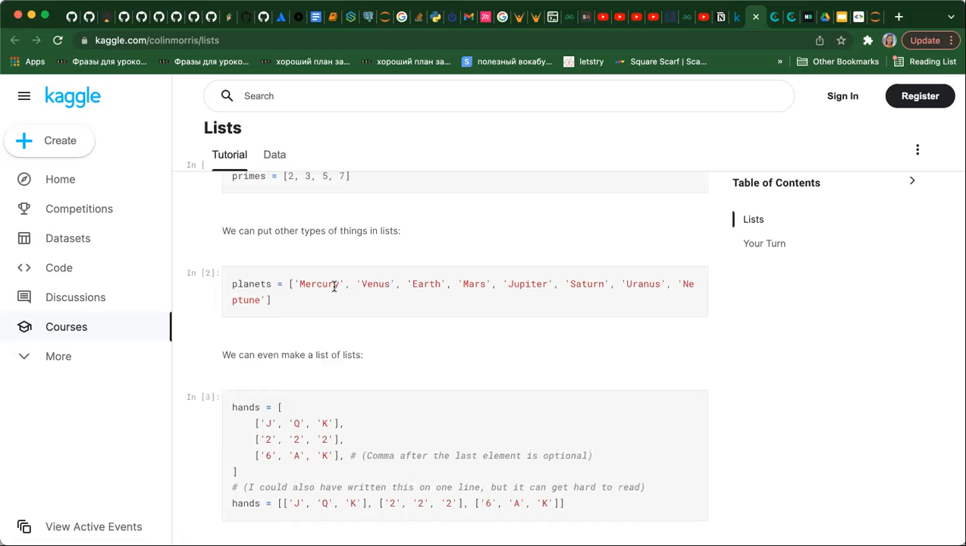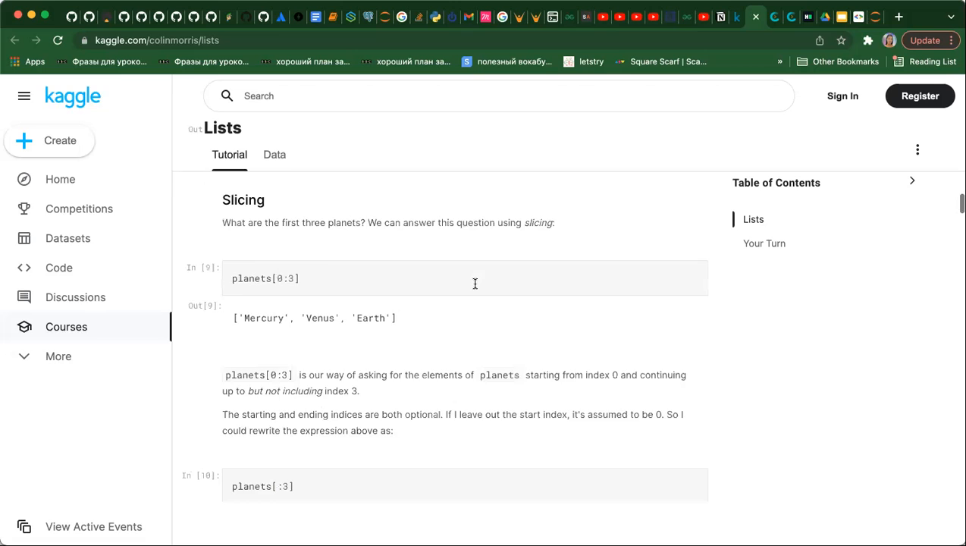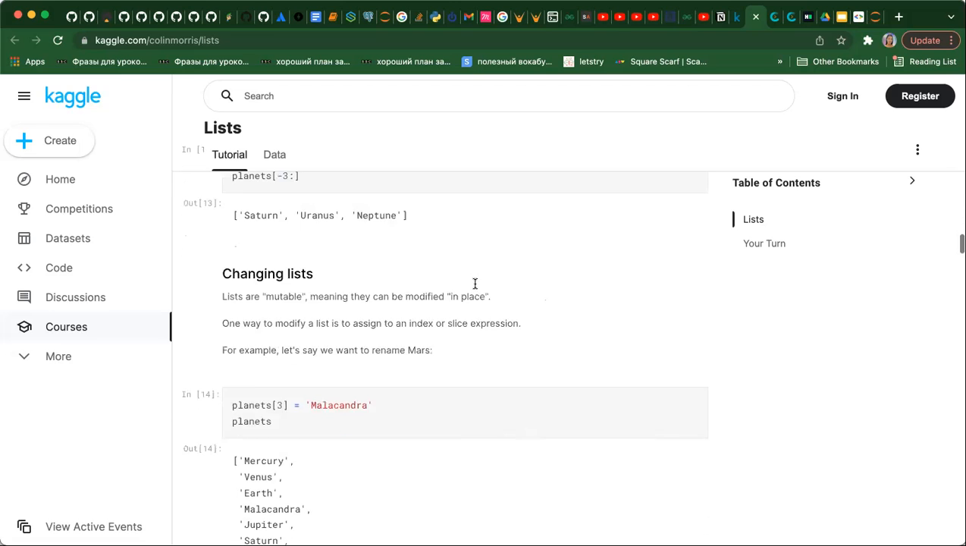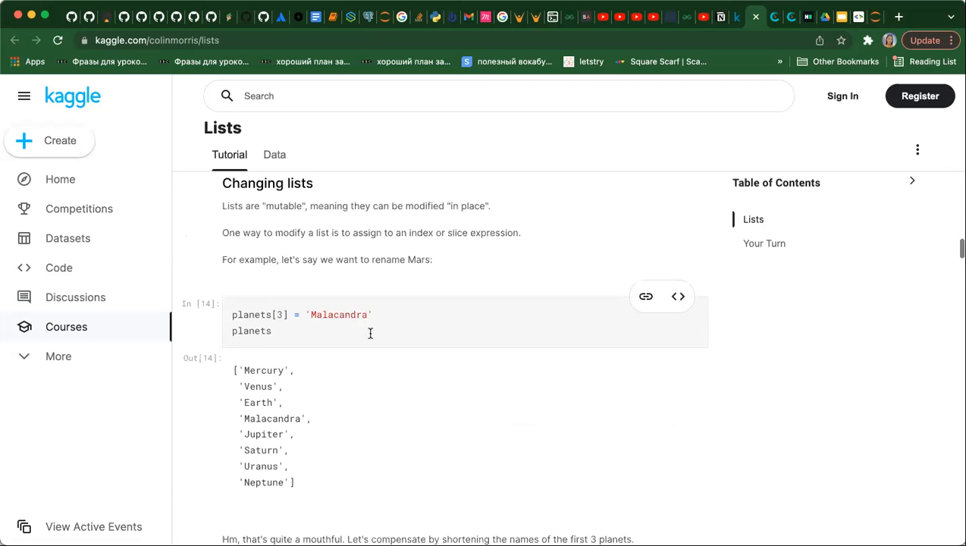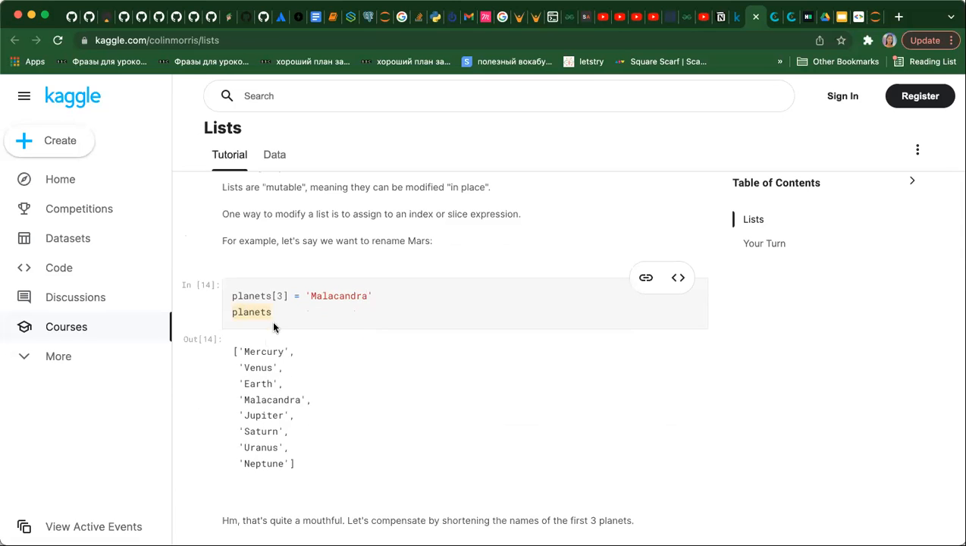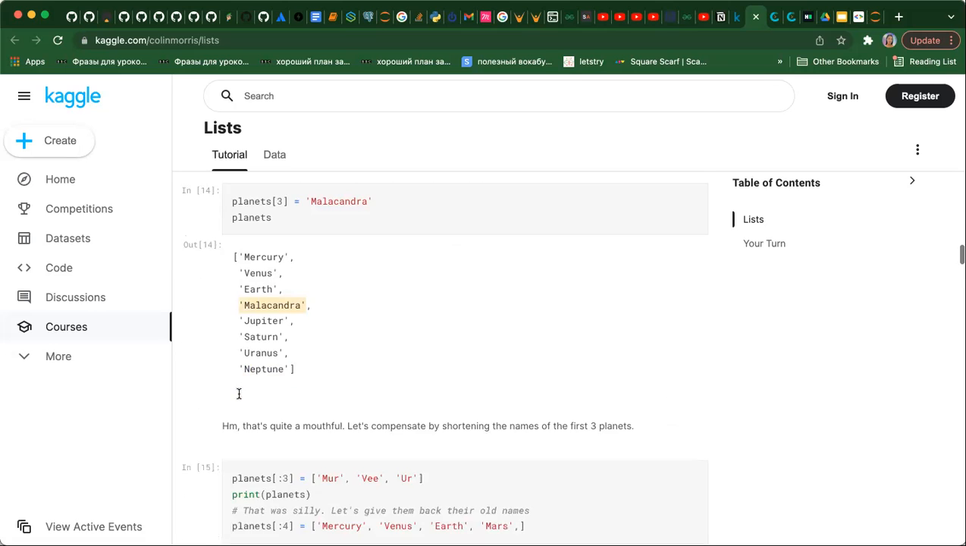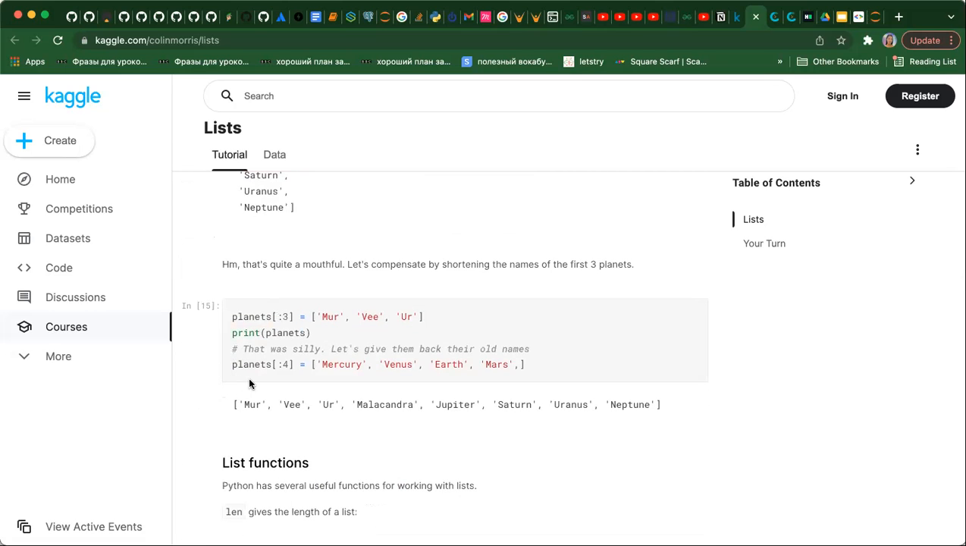The third item is, 0, 1, 2, 3, Mars. Instead of Mars, we want to change the name to Malacandra. And if we print planets, we see 0, 1, 2, 3 is Malacandra instead of Mars. Okay. So now